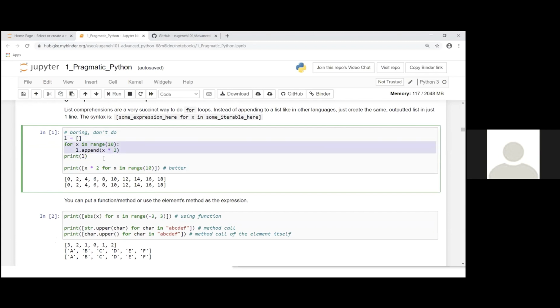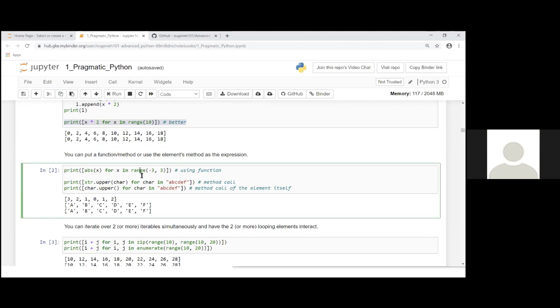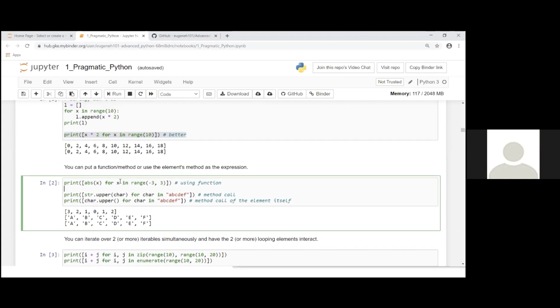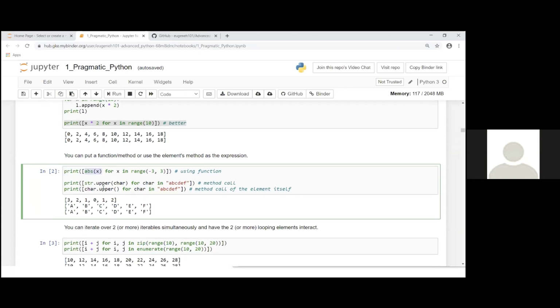That's 3 lines, but that can be done identically with 1 line. But not only that, you could stick in any arbitrary functions or expressions into your list comprehension. So if you wanted to do absolute value, that's how you create this list. Or if you want to do mutations to a string, you could do this.